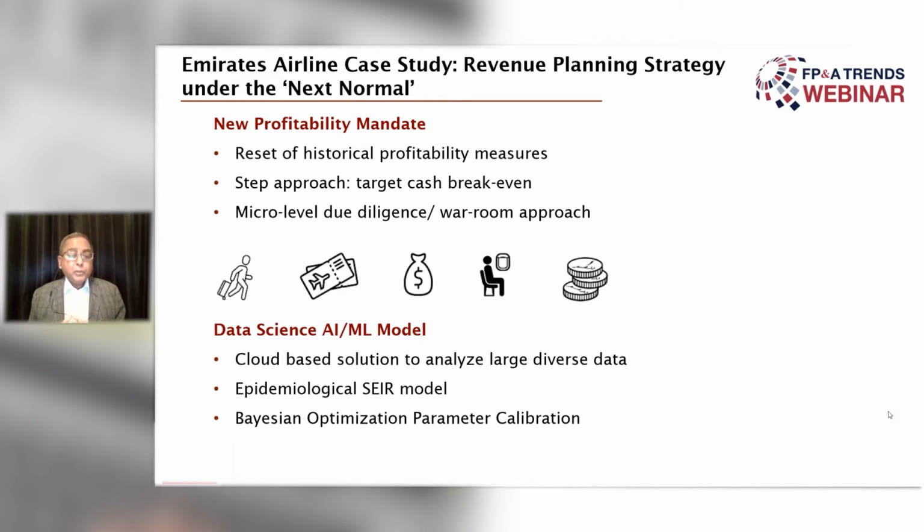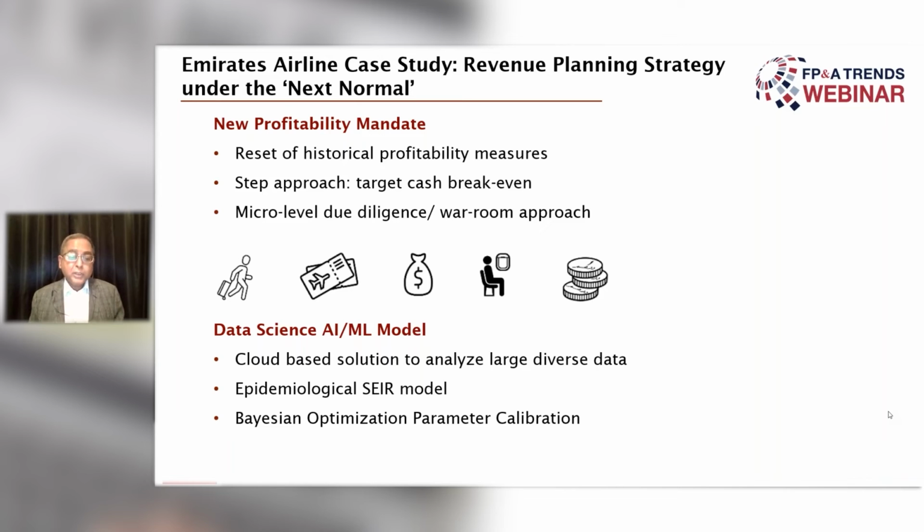Now, what came into our rescue was the ability of our data science team, in-house team, to be able to rely on data science. We started to build a machine learning model. It's very important to understand the role technology plays in any sort of demand planning. The traditional context did not require data science or the machine learning model, but the reason why we had to adopt this is because of the iterative process that is the forecasting. So we had to continuously move forward to be able to try and understand the various changes that were happening during the different stages of the pandemic.